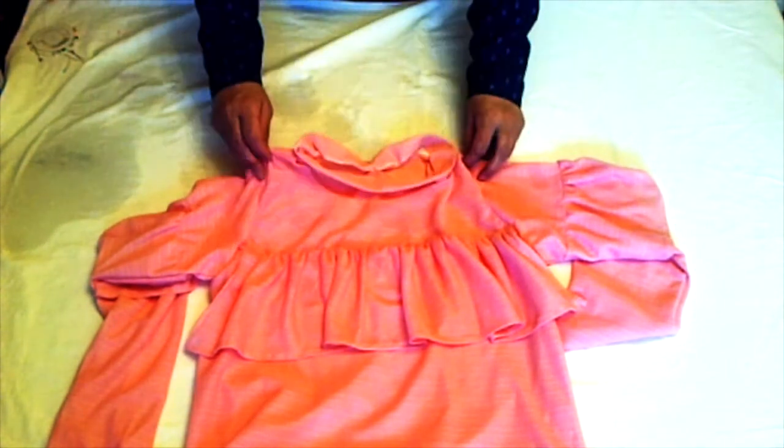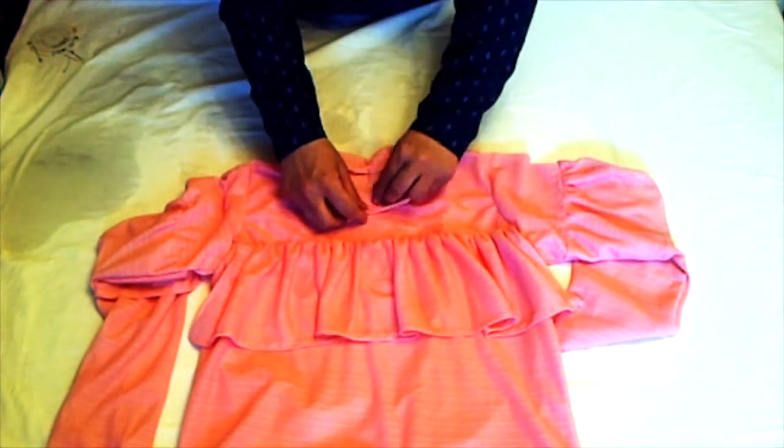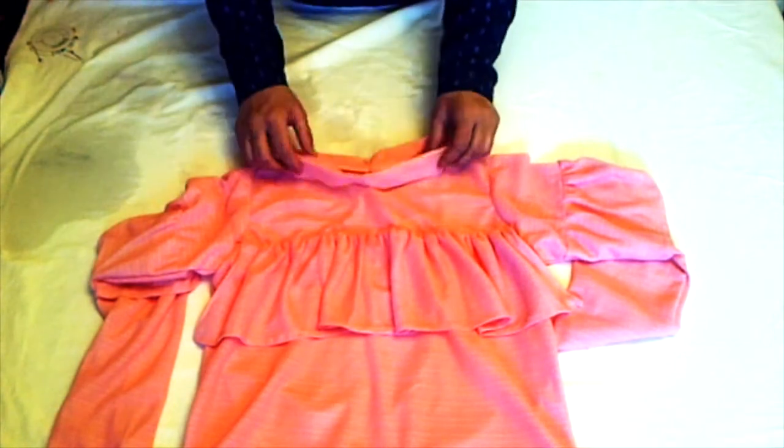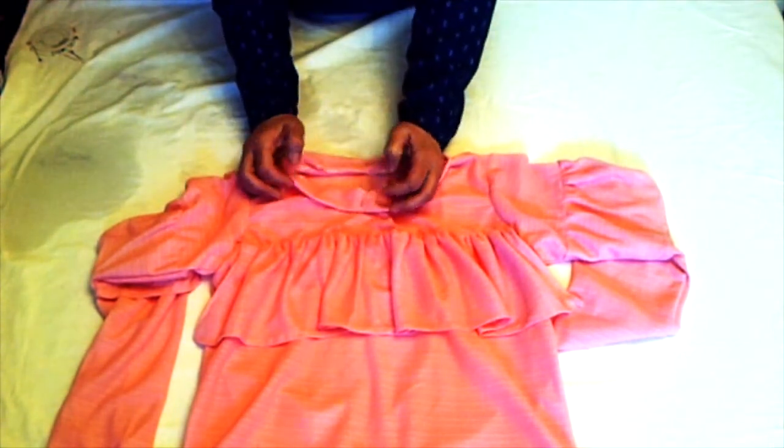The neckband is a bit smaller than the bodice neckline, so it will pull in and stop the neckline from gaping. So you will need to stretch it slightly and evenly as you pin it in place. You're only stretching the neckband, not the neckline on the dress. And after running a stitch,